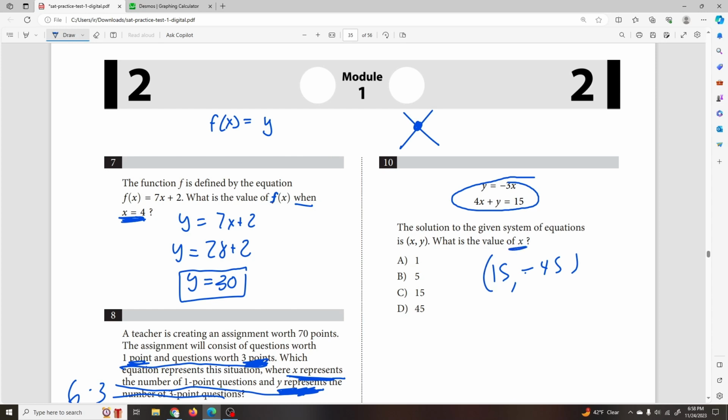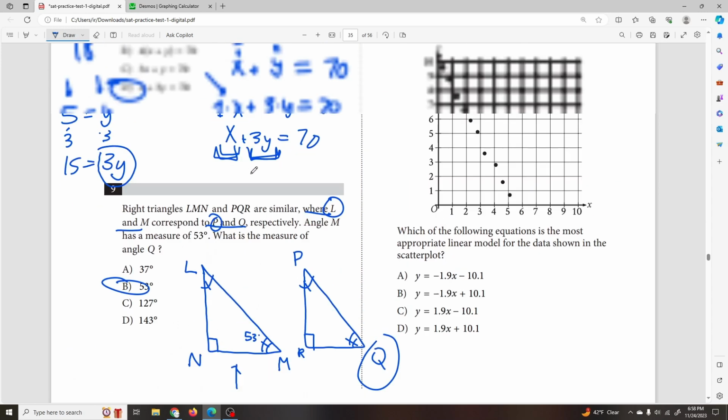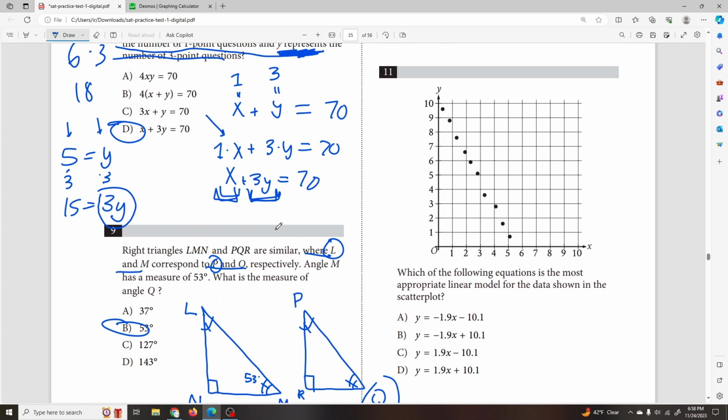And it's asking me what is the x value. The x value has to be 15. So moving on to number 11, it asks which of the following equations